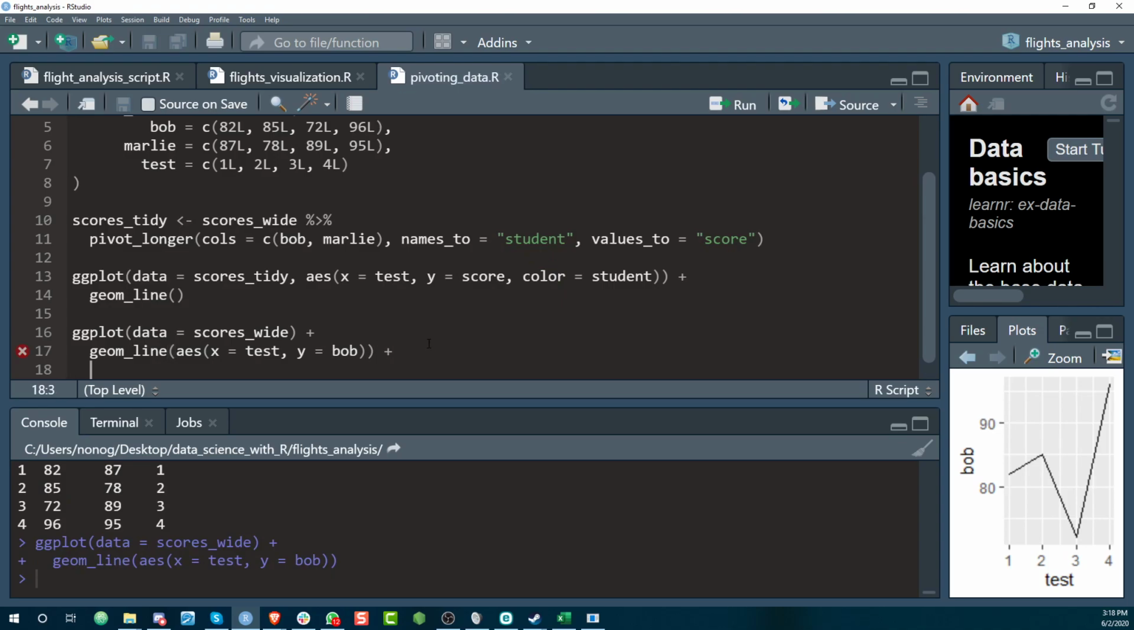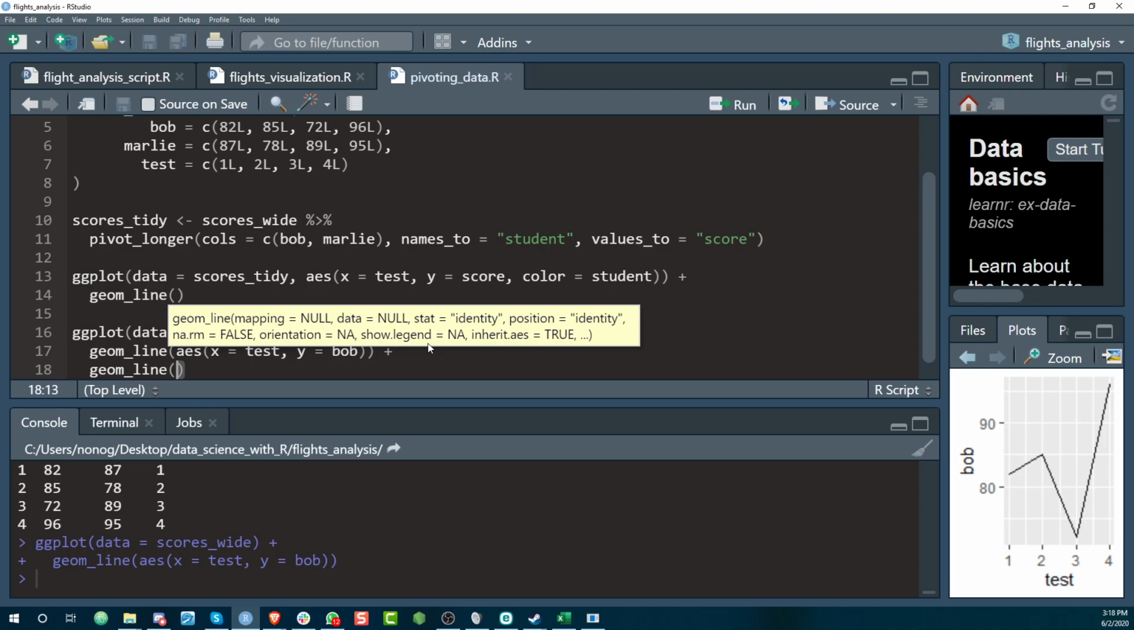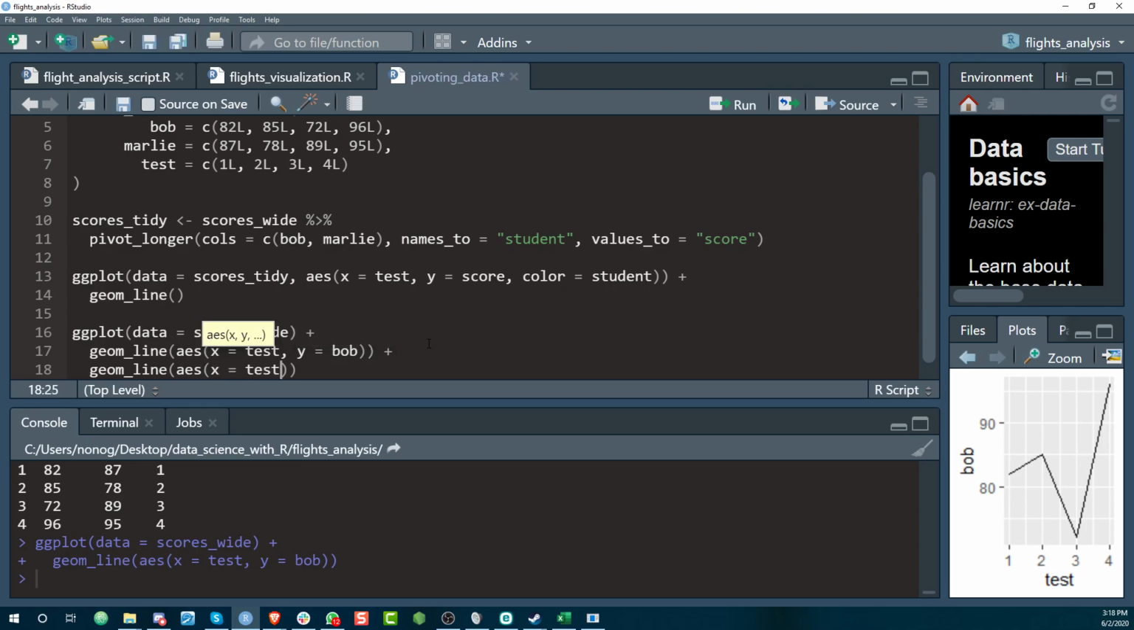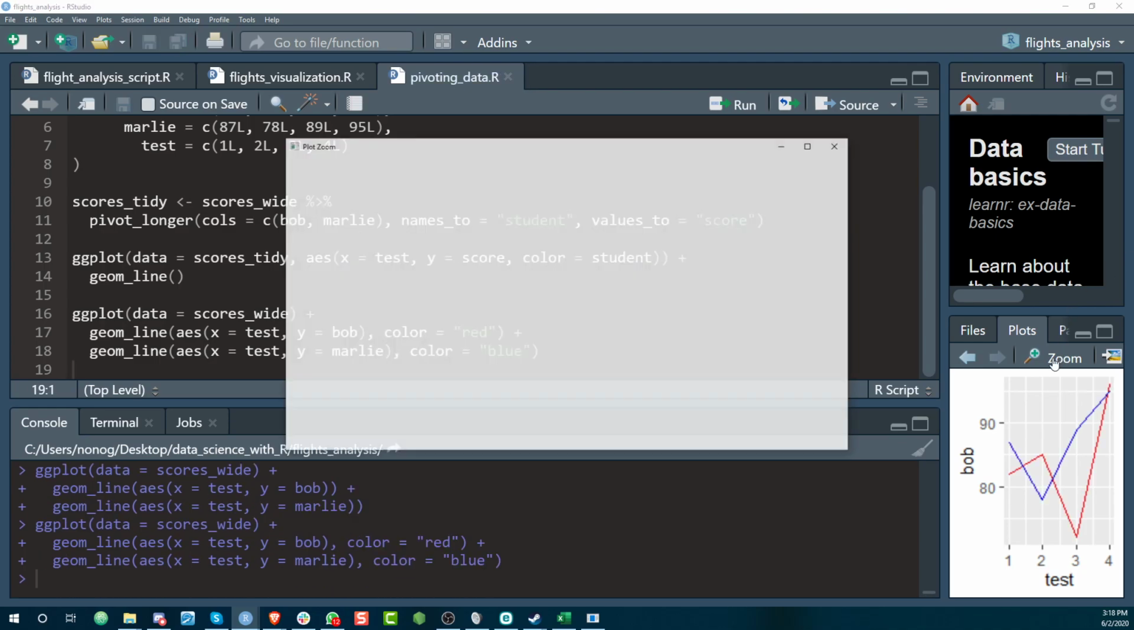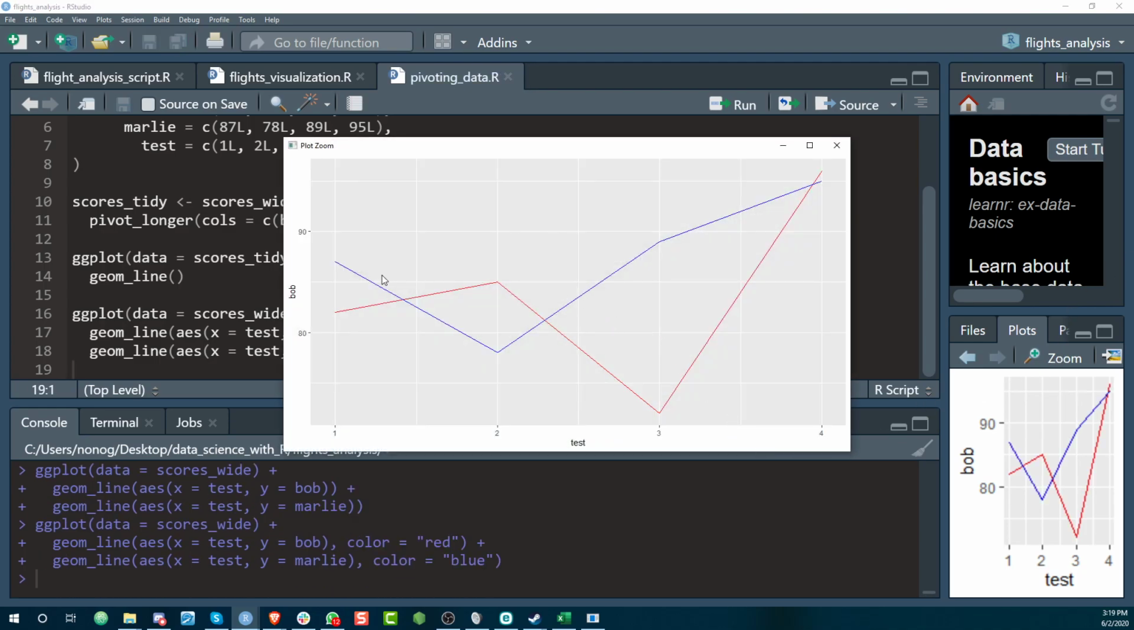But plus, you will have to add a new geom line, x test, y for Molly. All right, so you see, you can still do it. But then here you will have to apply colors individually. So color red, if you want some colors, color blue. But then the thing is, all right,